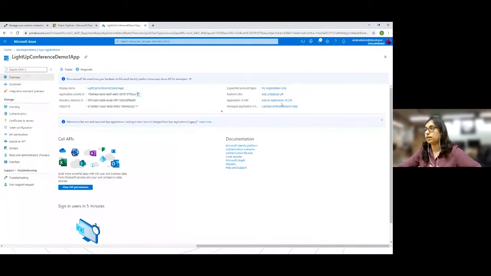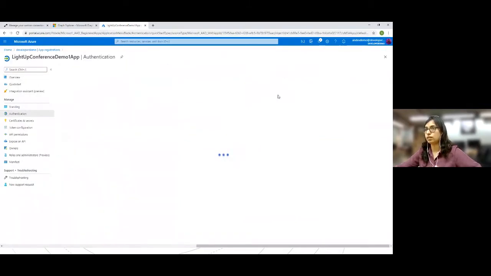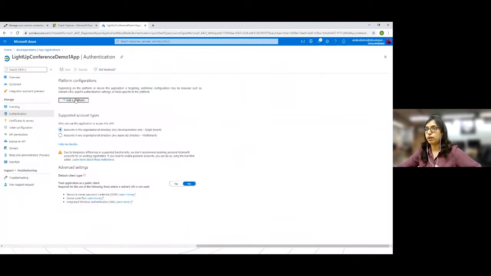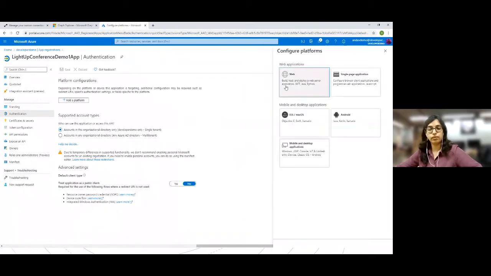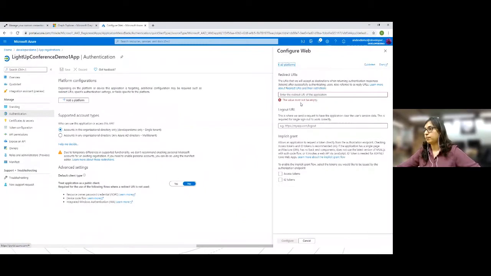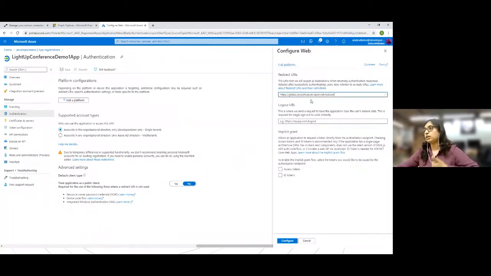So here is my application in Azure AD. I click on the redirect URI option, I'll do add a platform, I'll select web, and I'll provide the redirect URI here. After providing this redirect URI, I need to click on the configure option.